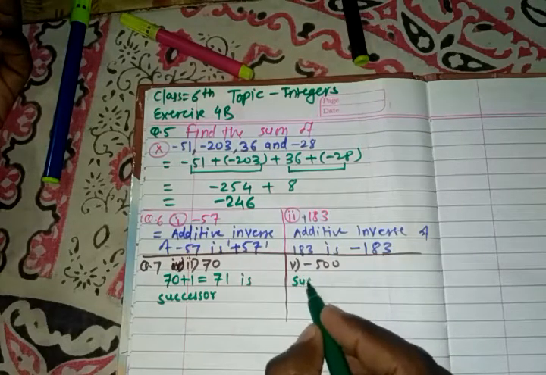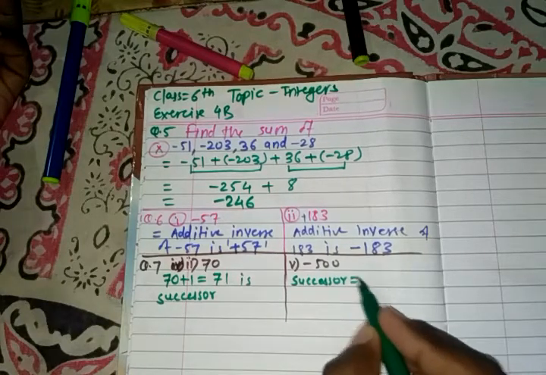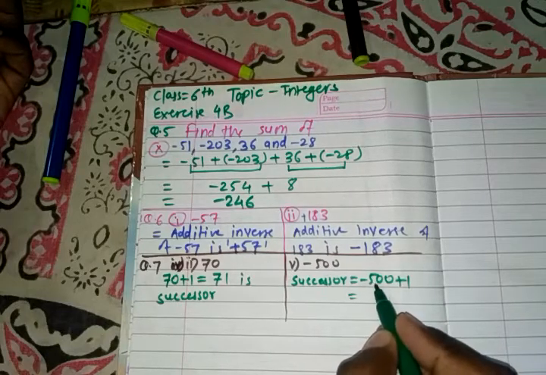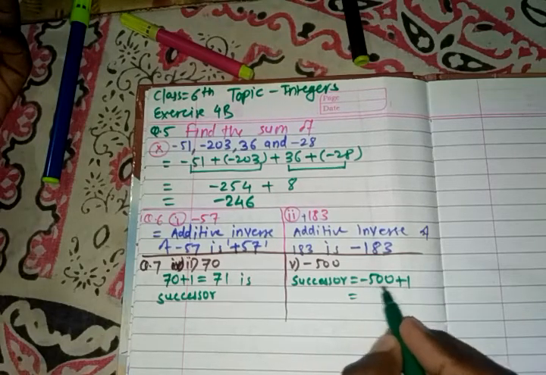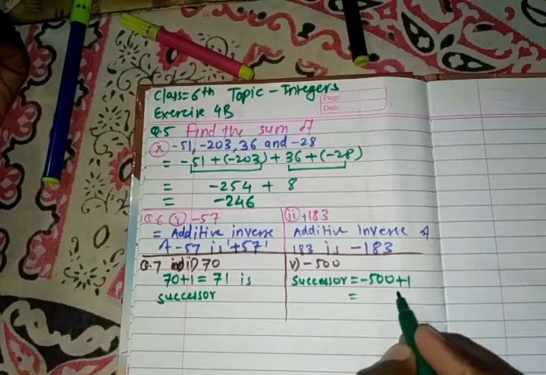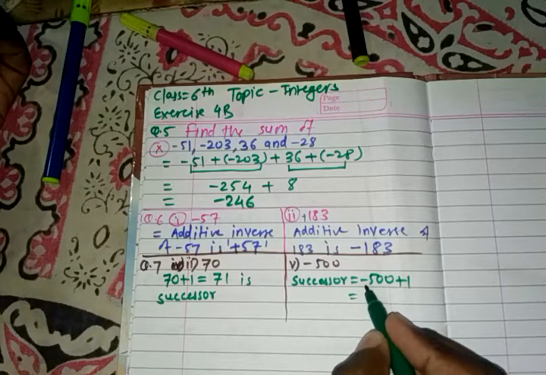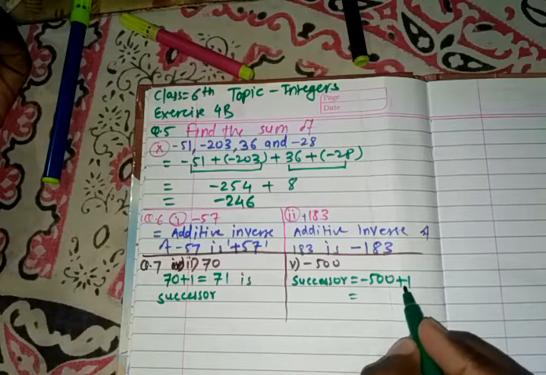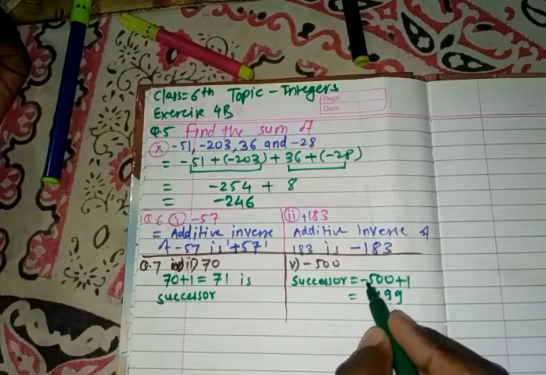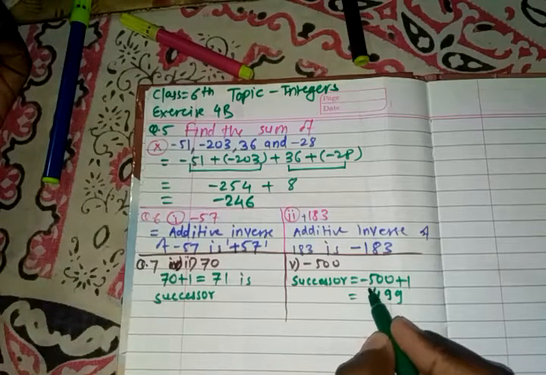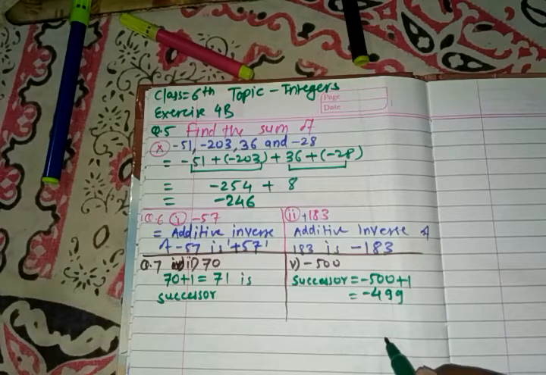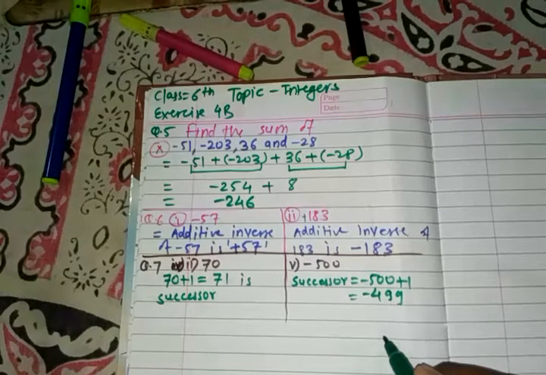Now let's see the negative integer. So we will find the successor of minus 500 by adding plus 1 the same way. Now the numbers have different signs, positive and negative, so we will subtract, right? Rule number 2 of integer addition. So here the subtraction is 500 minus 1, 499, and we have to give the sign of the highest value to the sum. This is minus 499. So in this way you can solve both types of problems, either negative or positive.